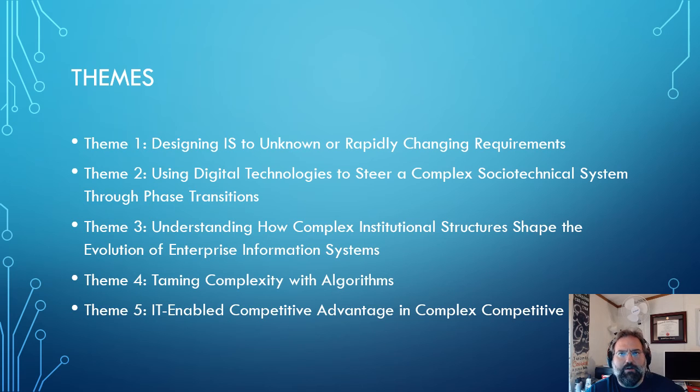And then the taming of complexity with algorithms. And this is also another kind of advancement that we've seen in general: algorithms have gotten much more interesting and advanced, especially in the space of artificial intelligence recently. With the advent of deep learning and convolutional neural networks, it's gotten to where we can address problems that previously were almost impossible to address.